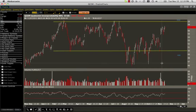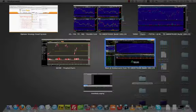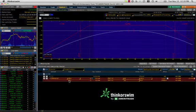So this is just a really nice high probability trade to throw in the mix, and hopefully we'll see some nice volatility and time decay here over the next few weeks, and we'll be able to pop out of this trade for a nice profit. So putting on, just to reiterate, the QCOM short strangle, selling the December 60 calls, selling the December 50 put. Credit of $1.20